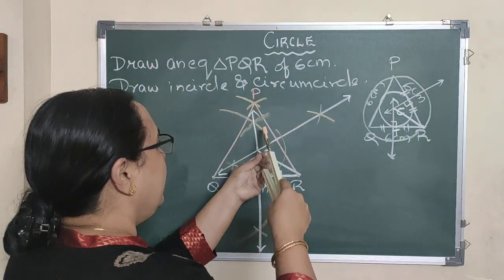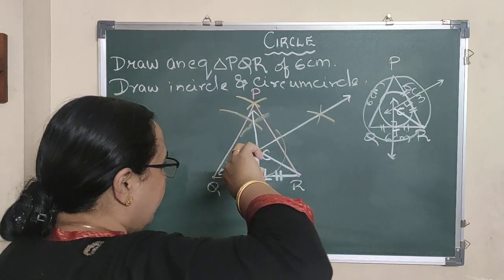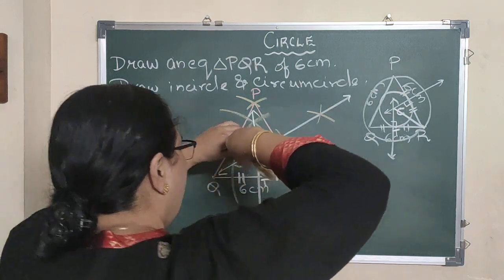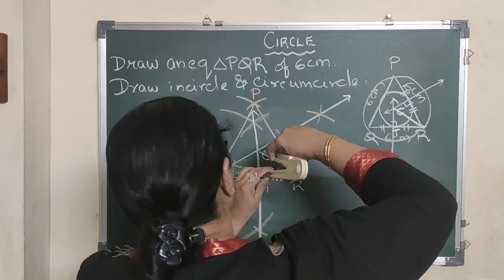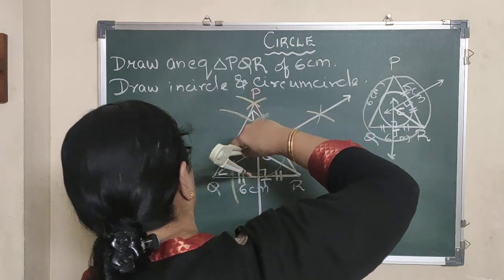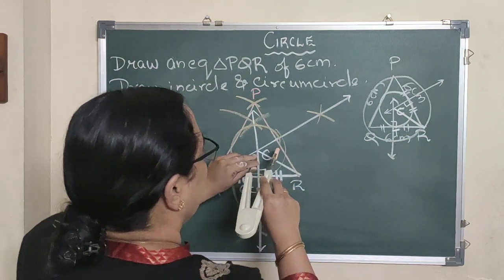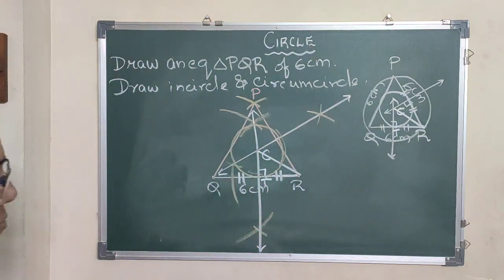Yes girls, might be here I have an error because I have not drawn the triangle very exactly. But for an equilateral triangle you will never have an error. Error is 0. If you draw an exact equilateral triangle, error is always 0. So this is how I am getting my incircle.